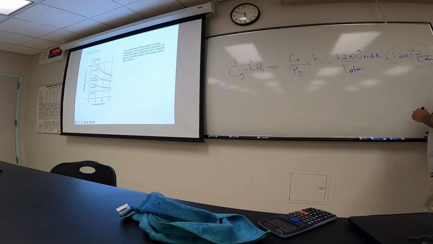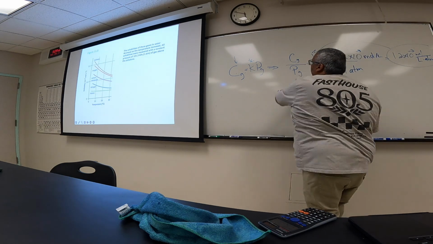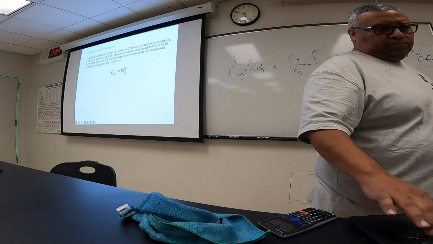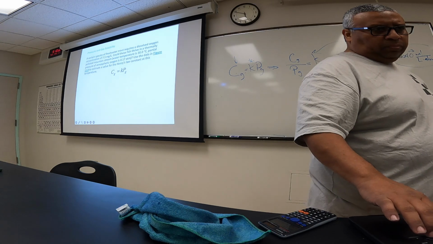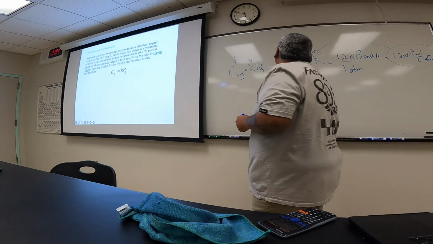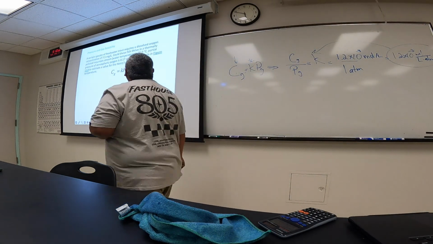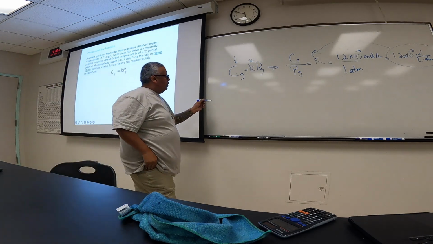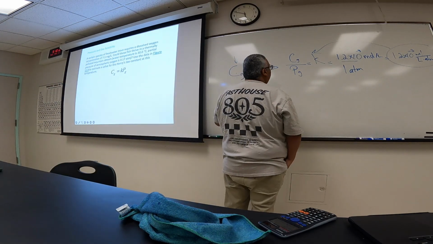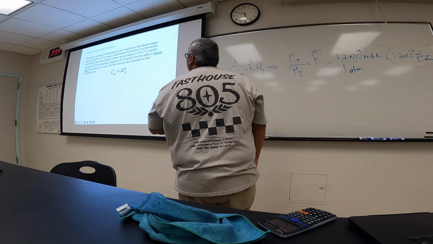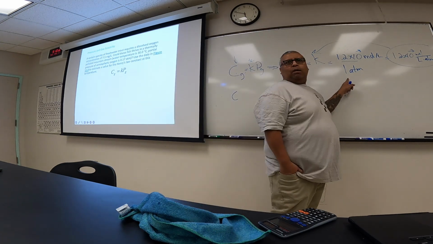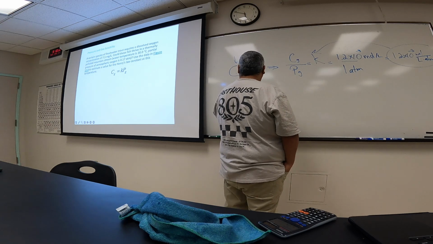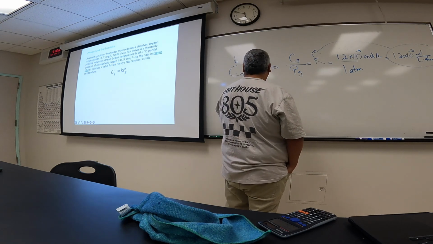So this is our value of K. So now that we know that value here, we have our partial pressure. So what is the solubility at 0.17? Because this was at 1 atmosphere, right? So the solubility is going to be